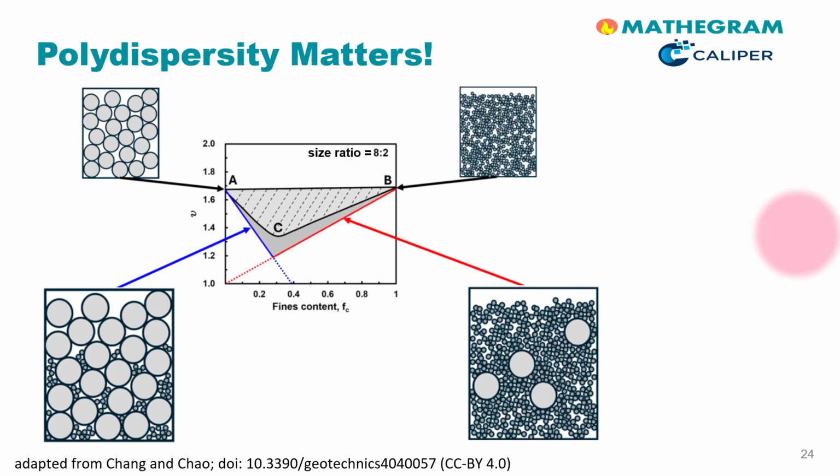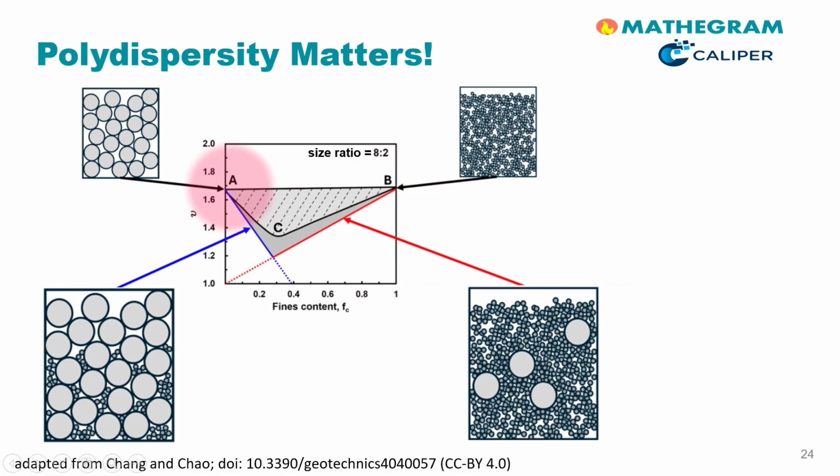First, let us celebrate a thing that the DEM excels in doing: treating mixtures of particles. This is something in between the lines, but becomes transparent when looking at this graph here from Chang and Zhao. Shown here is the relative volume, i.e. the total volume normalized with the particle volume for an array of binary mixtures of particles with a size ratio of 8:2. Clearly, in case of purely large and purely fine particles, this relative volume is the same,